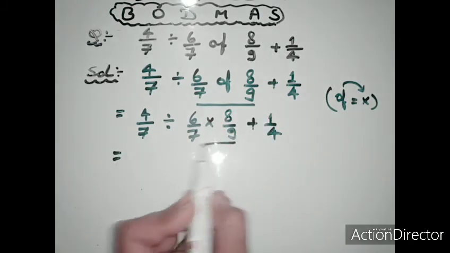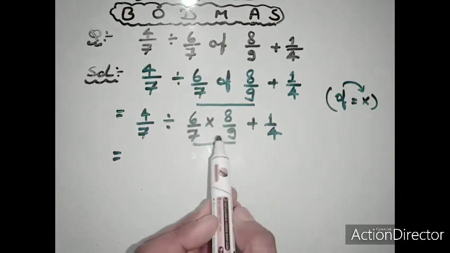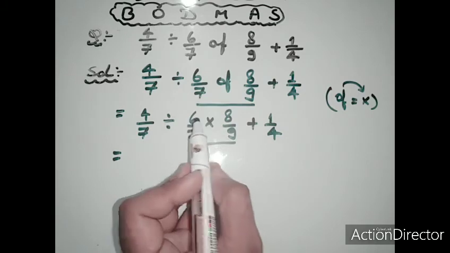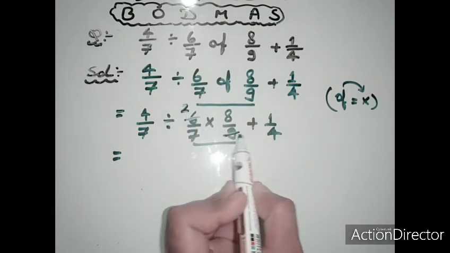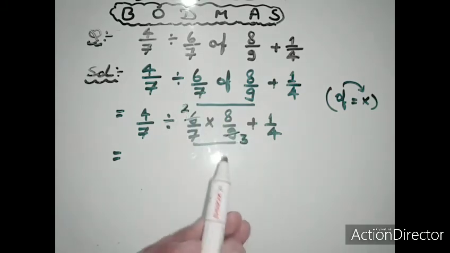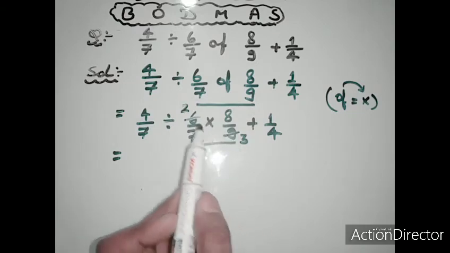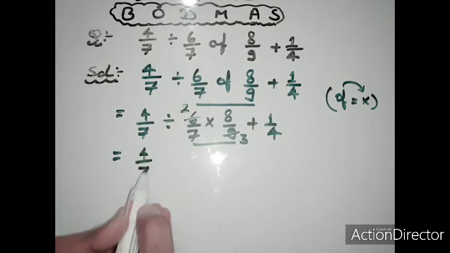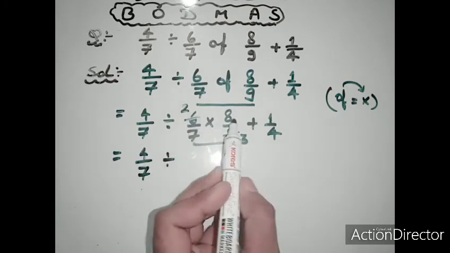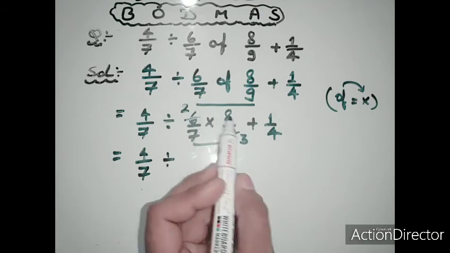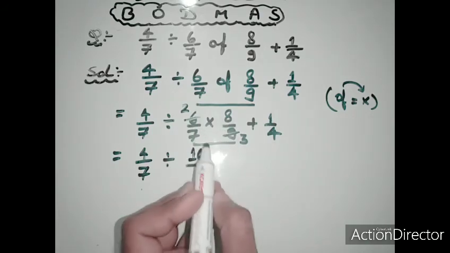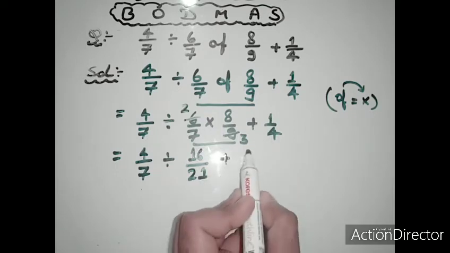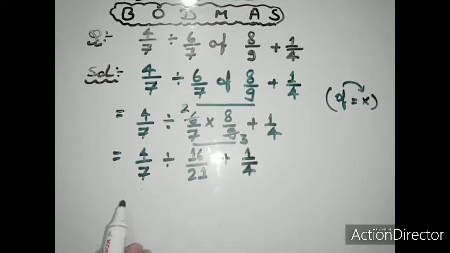Now after that we solve this part, right? So dear students, here this 9 and this 6 are divisible by 3, right? 3 2s are 6 and 3 3s are 9. Now after that there is no other number divisible by another number here, numerator and denominator. So here 4 upon 7 divided, and after that here we multiply these two numbers. 2 8s are 16 upon 7 3s are 21. Right? Now plus 1 upon 4, we write as it is here.